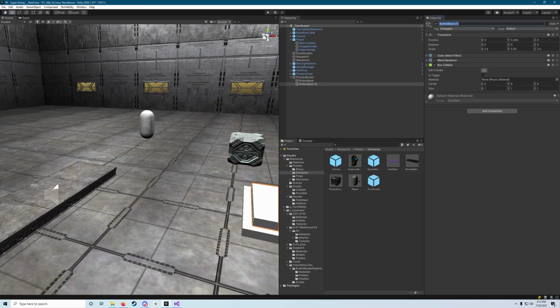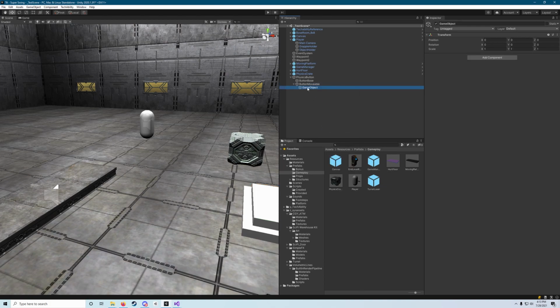We're going to rename that one to, I believe, button movable. So we'll call that button movable. There we go. We want to right-click on button movable and hit create empty, and then drag that empty game object up between button base and button movable. We're going to call this inactive position,